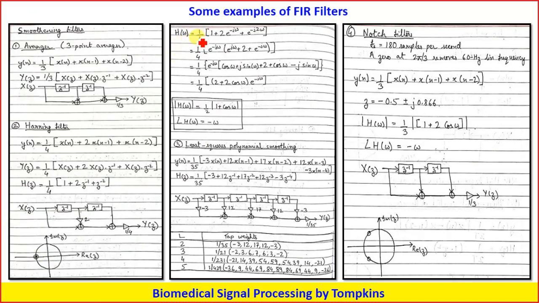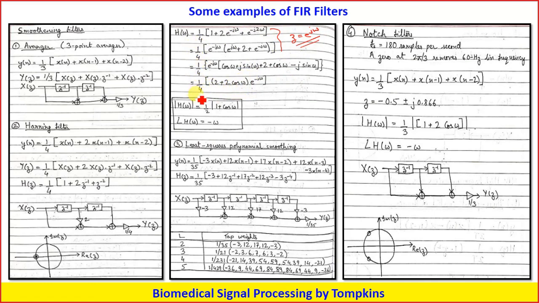Now, if I have to find out the magnitude response of this filter, it would be given by H of omega equals 1 by 4 (1 plus 2 e to the power minus j omega). We have already discussed how we can find out the amplitude and the phase responses. So what you would get? You would be putting z equals e to the power j omega. We will just put that thing, and we would get this kind of formula, and from here we would get